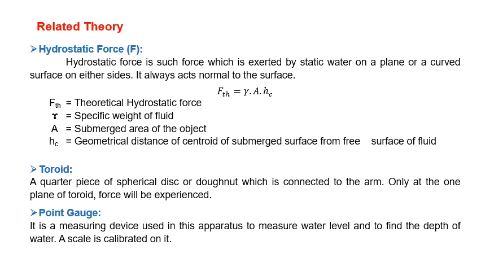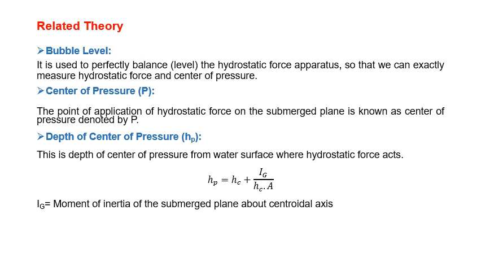Then we have toroid, which is a quarter piece of a spherical disc or a donut, which is connected to the arm. Only at one plane of the toroid force is experienced. Point gauge or hook gauge is a measuring device used in this apparatus, which is used to measure the water level and to find the depth of water. A scale is calibrated on it. Bubble level is used to perfectly balance the hydrostatic force apparatus,